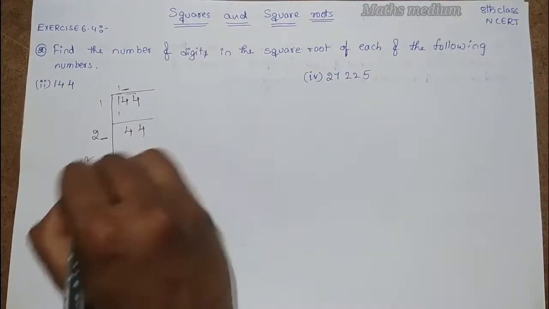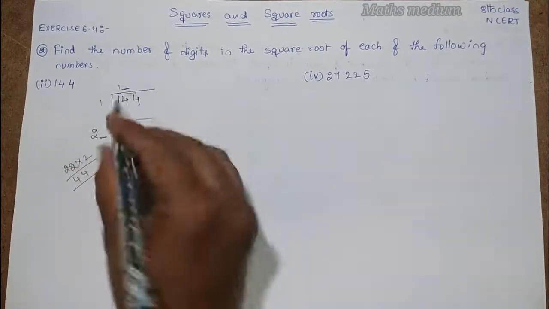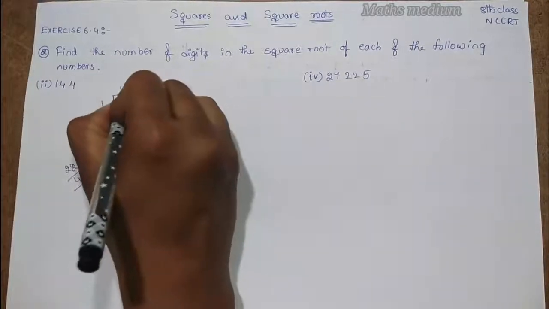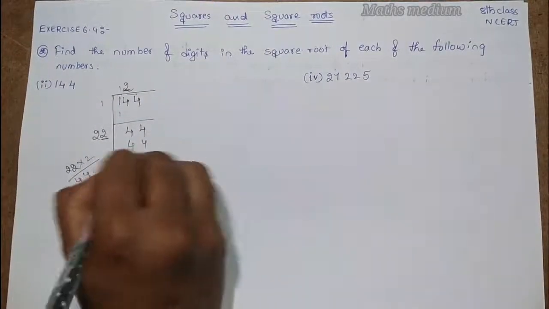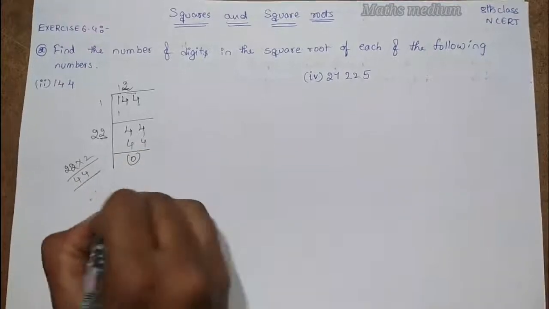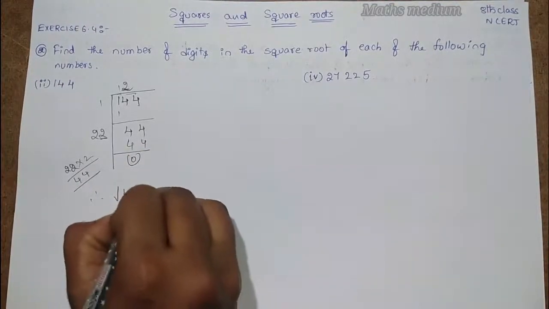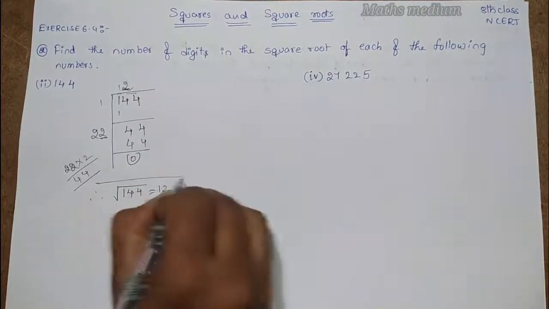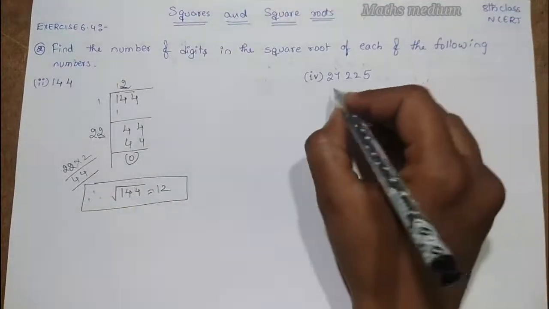So 2, 2. 2 2s are 4. 2 2s are 4. Yes. So here it is 2 and the 2 is here. 44 gets 0. Therefore, root over 144 is equal to 12. Similarly, this method also. Here